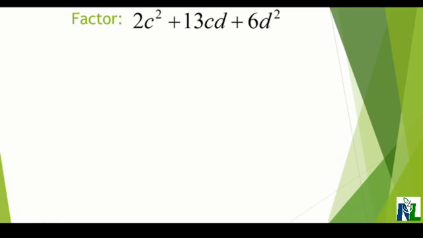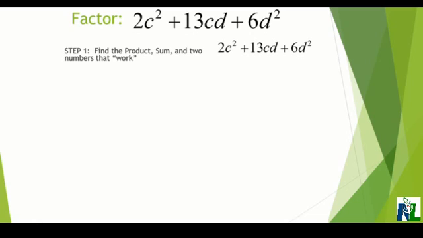This expression has two variables, c and d. However, we approach it the same way we would if there were only one variable. Our first step is to determine the product, sum, and two numbers that work. To make it easier, I'll write the steps on the left-hand side and all the steps that we actually do